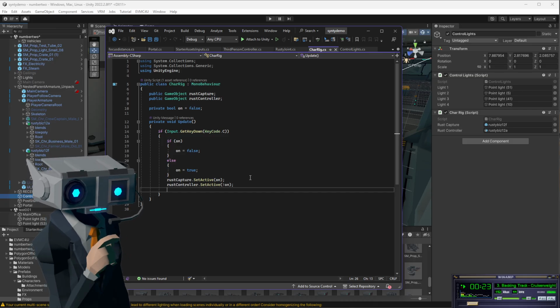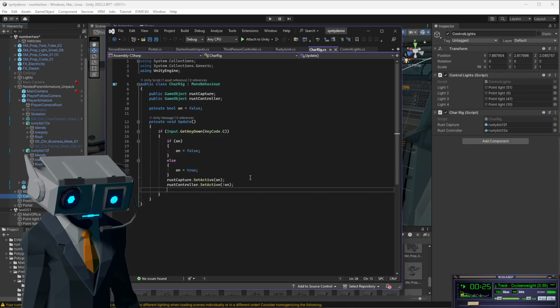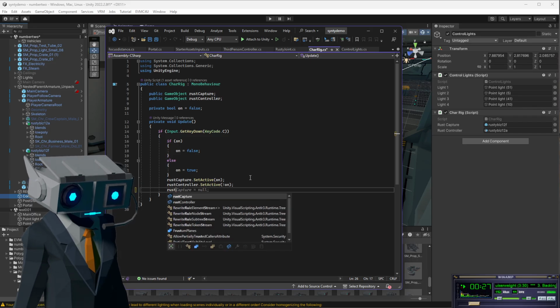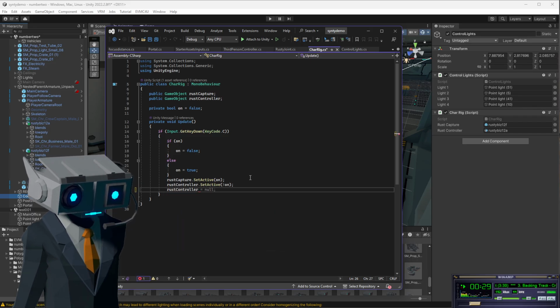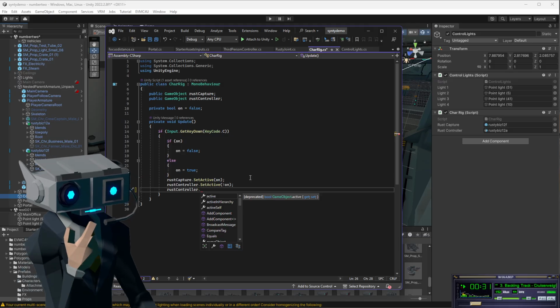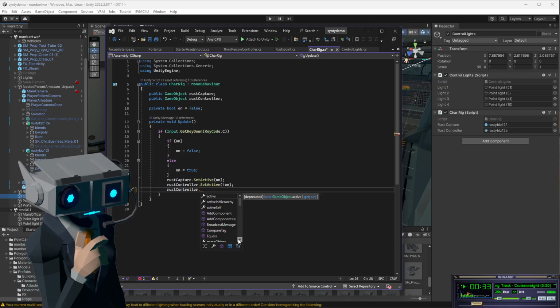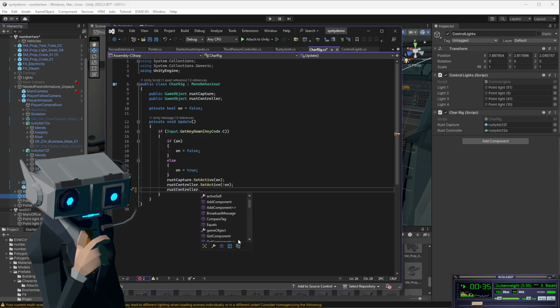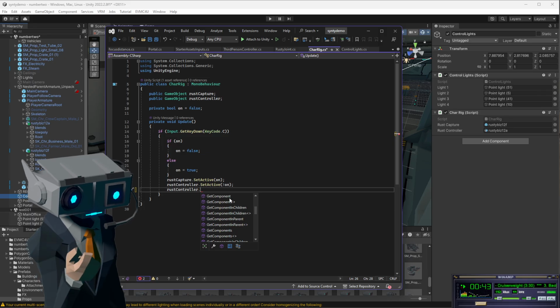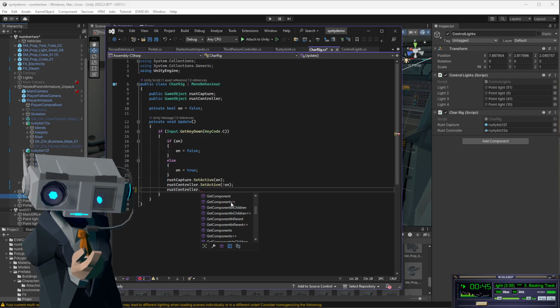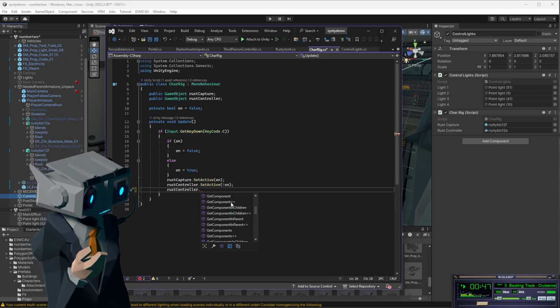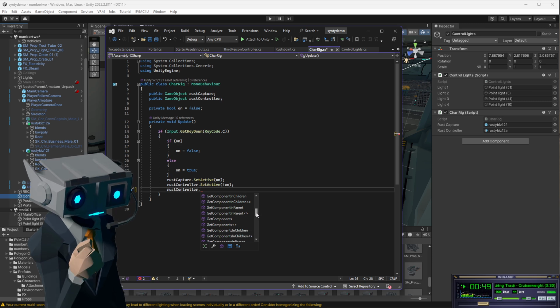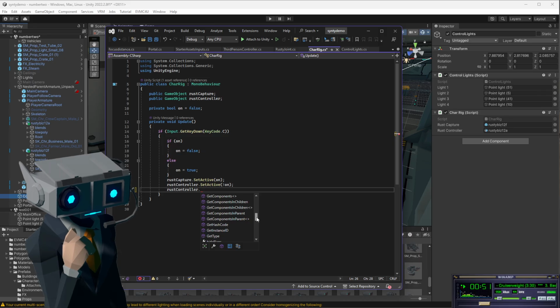Let's see if we can set parts of them active. Do we have to get components? Oh, geez. I might have to look up a, we want to get one of these. But I think we have to ask for it. I'm not sure how to ask for a,